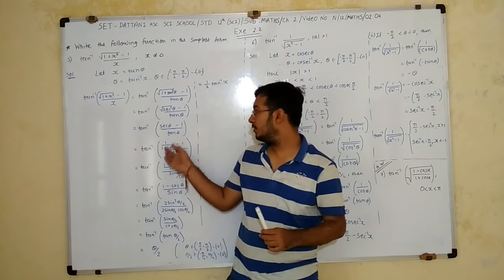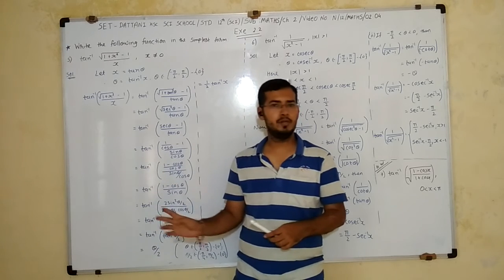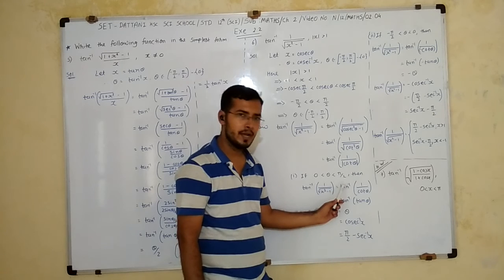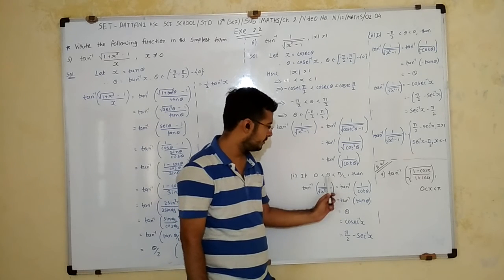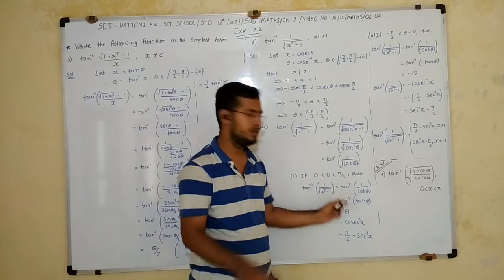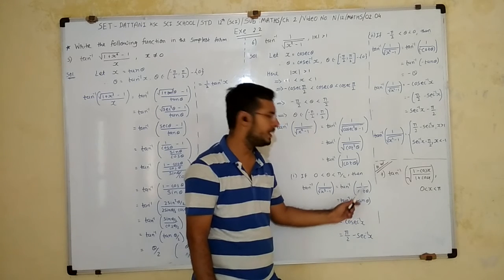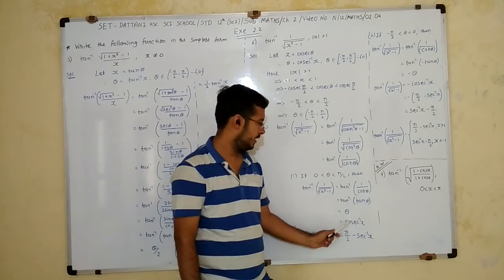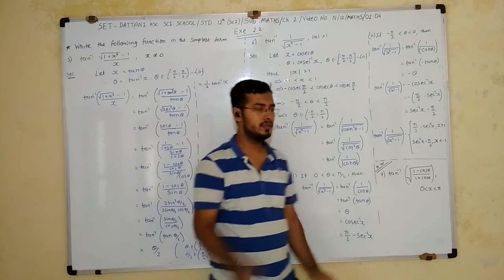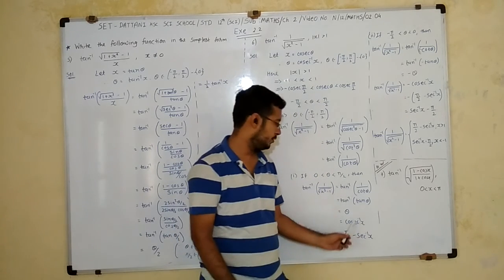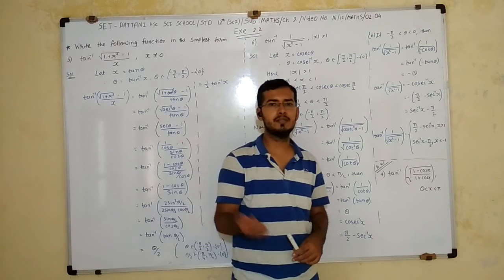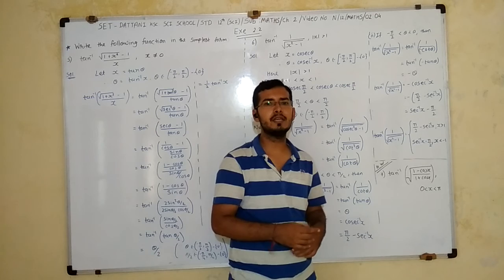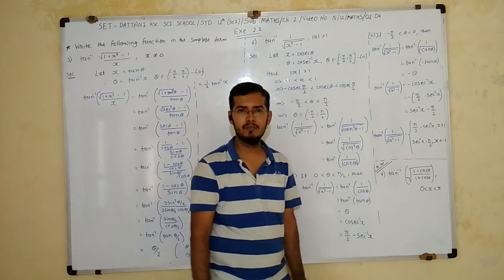Here sec is positive in both the first and fourth quadrants. So first we take 0 less than theta less than pi by 2. In the first quadrant cot is greater than 0, so I take positive here, 1 by cot. 1 by cot is tan, equal to theta because it is in range. And theta is equal to cosec inverse x. Now I use the inverse trigo identity: cosec inverse x plus sec inverse x is equal to pi by 2. Changing sides, I get cosec inverse x is equal to pi by 2 minus sec inverse x.